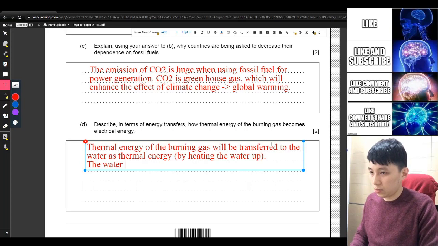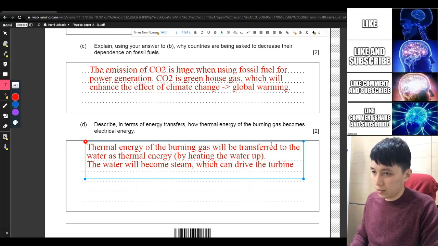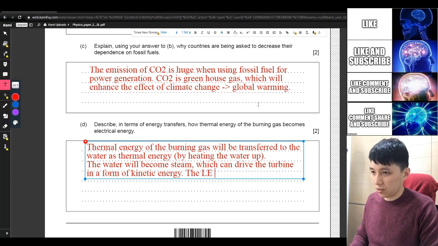The water will become steam, which can drive the turbine in a form of kinetic energy. The movement of the turbine, or simply the kinetic energy of the turbine in the